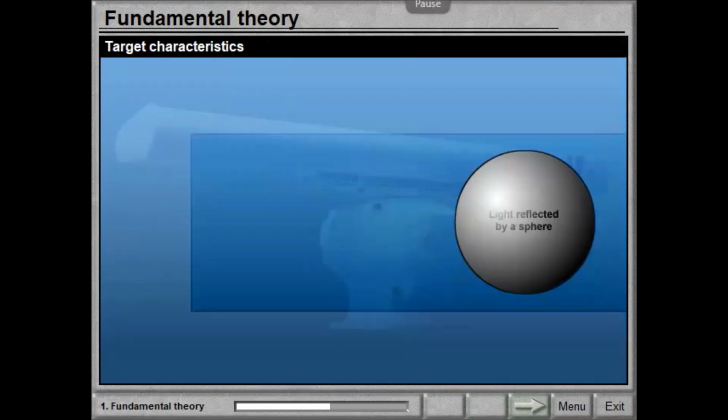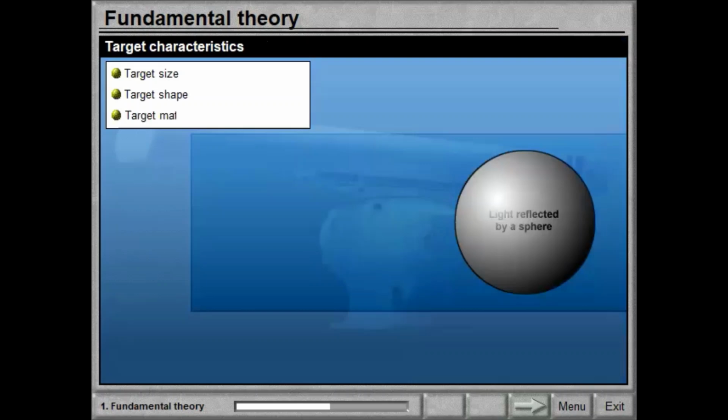The target capacity to reflect radar pulses is dependent on the target size, shape and material.